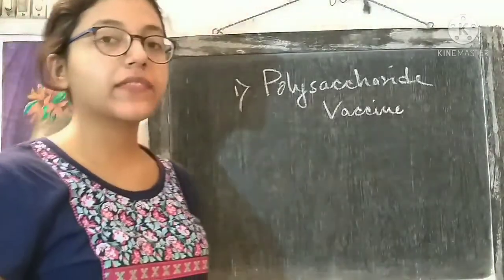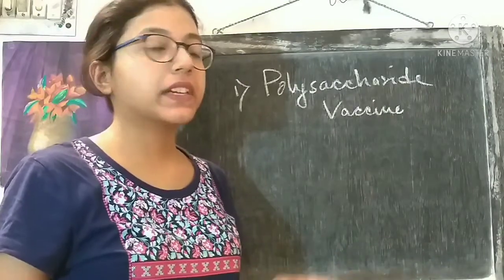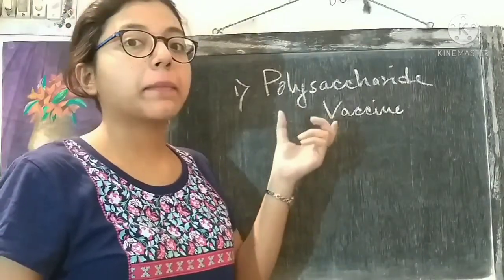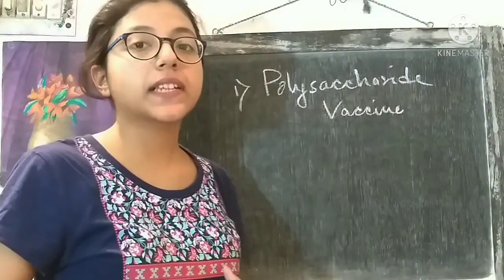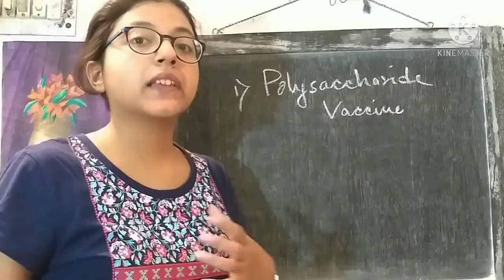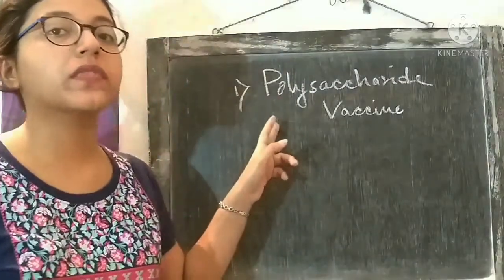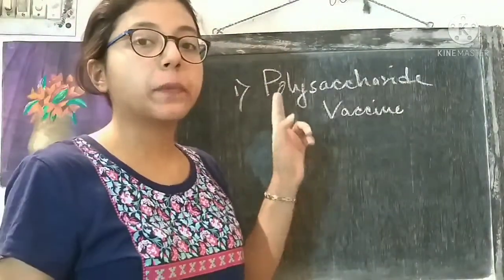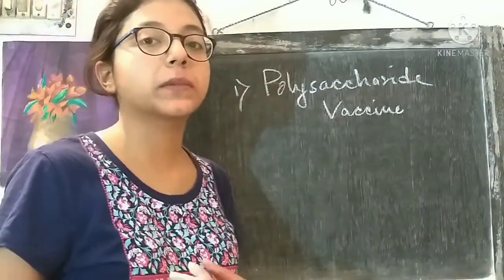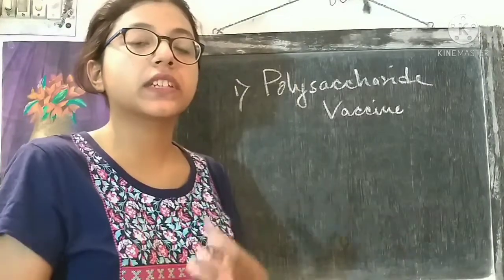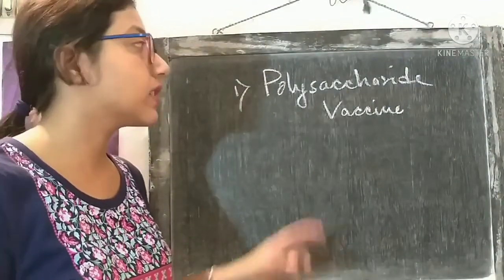In the case of polysaccharide vaccines, the antigenic portion of the pathogen is a polysaccharide. So the vaccine is prepared against this polysaccharide portion because the pathogenic portion of the organism is a polysaccharide. If it is injected inside the body of the host, it will generate immunity. Against which part of the pathogen? Against the pathogenic portion, which in this case is a polysaccharide. If, instead of the whole organism, only the pathogenic portion is injected into the host, then immunity will be generated specifically against that portion.